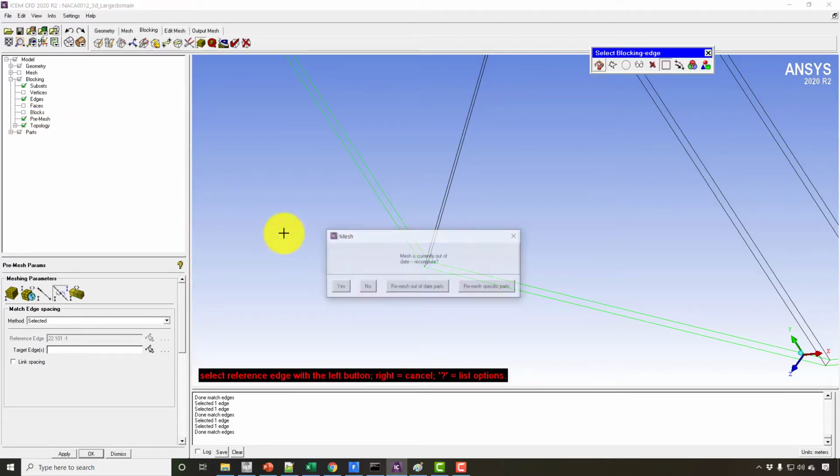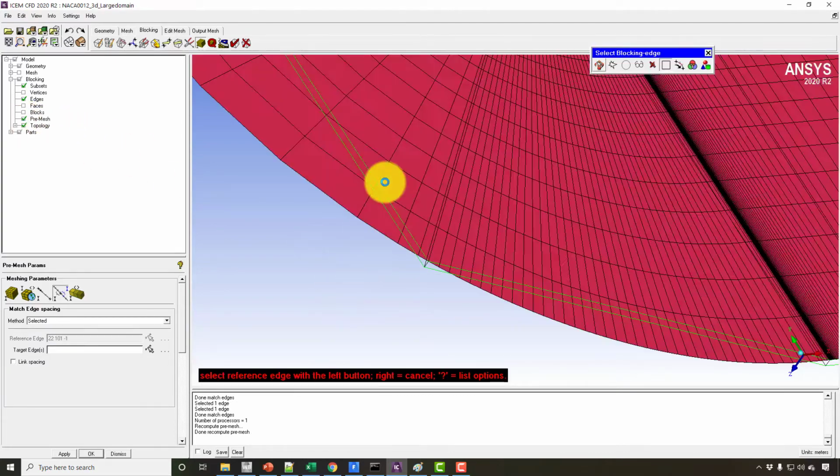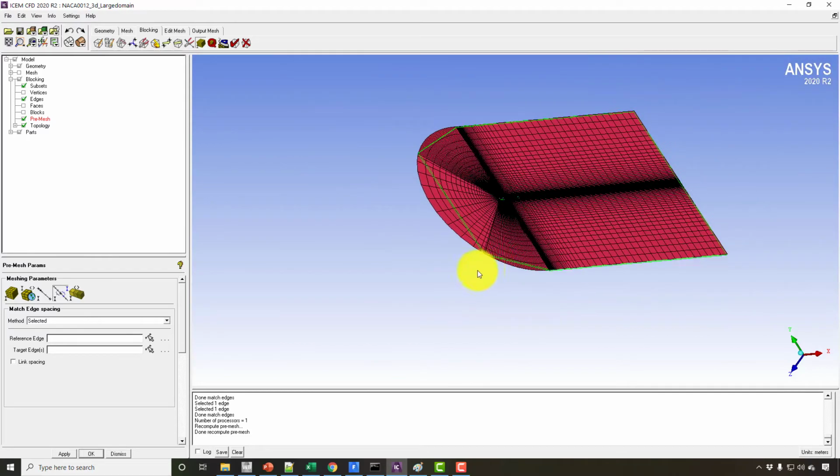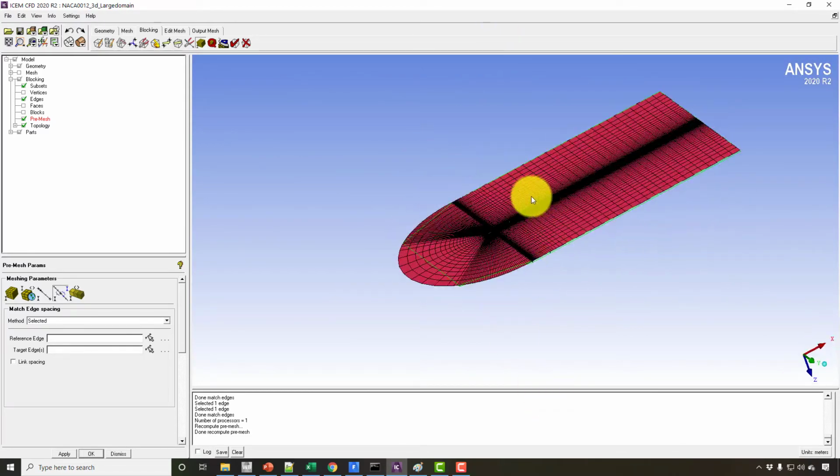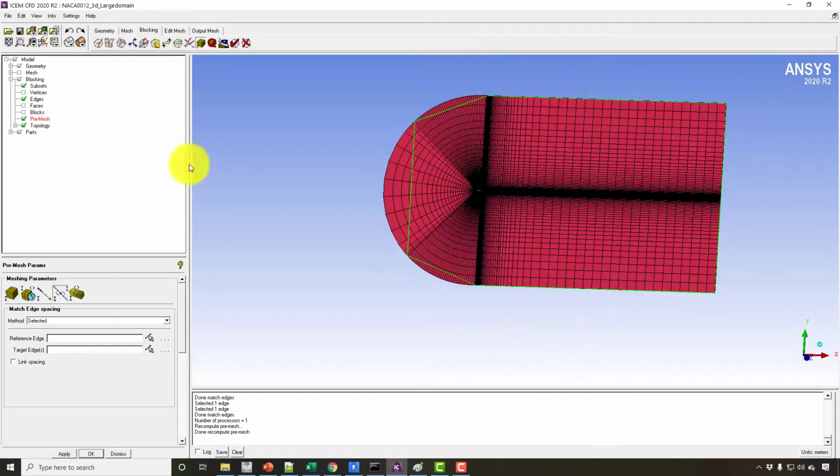And now I want to check my pre-mesh, and it looks fine. Okay, now let me check my pre-mesh info, which is the same as the 0.5 million. So again, convert to the unstructured mesh here,